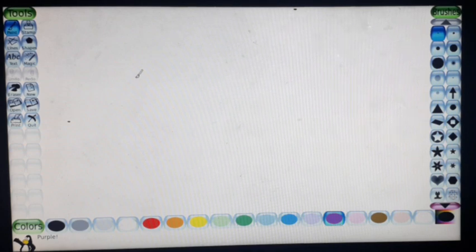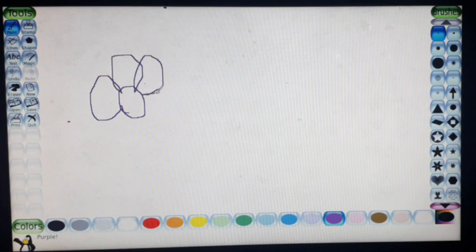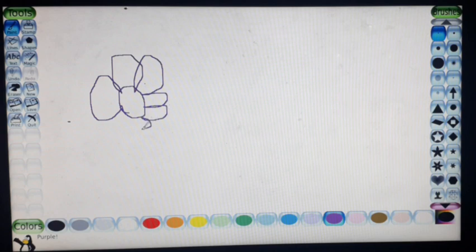Then draw the pictures. How do we draw the pictures? Select the Paint tool, then select the color from the color palette, then draw the pictures.